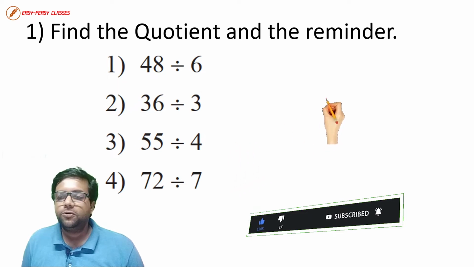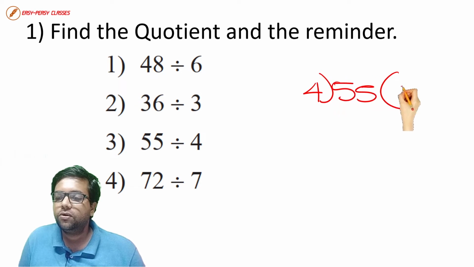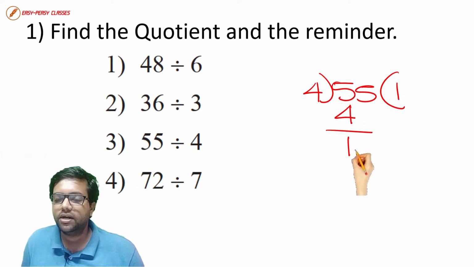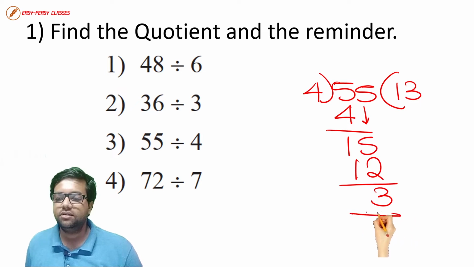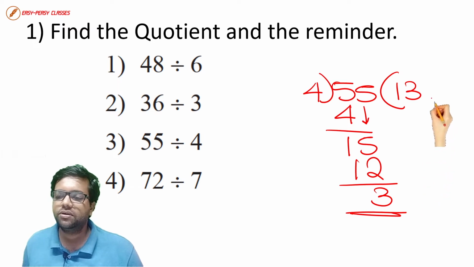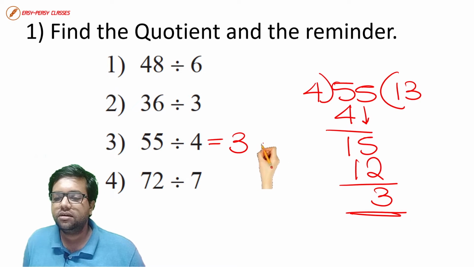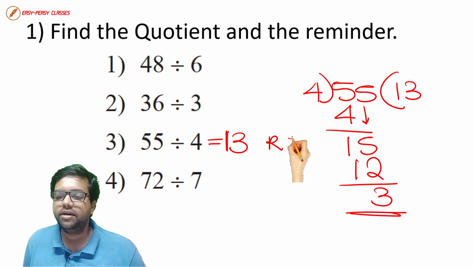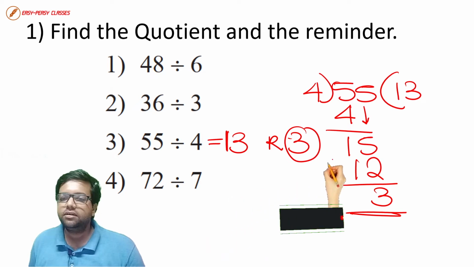55 divided by 4. Let's do this. 55 getting divided by 4. 4 ones is 4. You get the remainder as 1. 5 gets down. 4 threes is 12. You are left with the remainder 3. Okay, so you can further go on to do with the decimal form, but I don't recommend. You can stop it here, okay, and you can write the 55 divided by 4 as quotient is 13, and remainder is 3. Okay, remainder is 3. This way also you can write the answer.